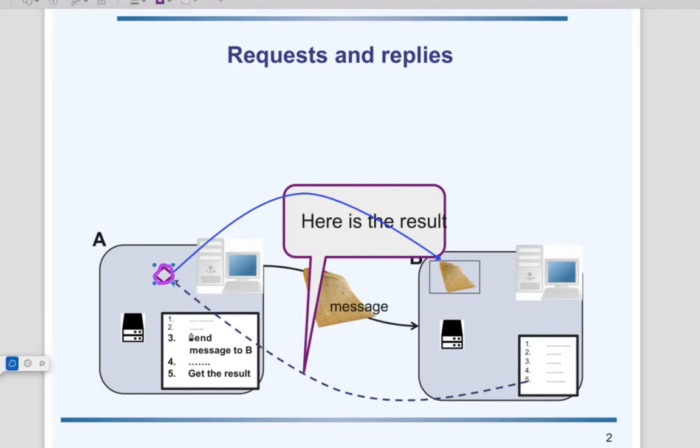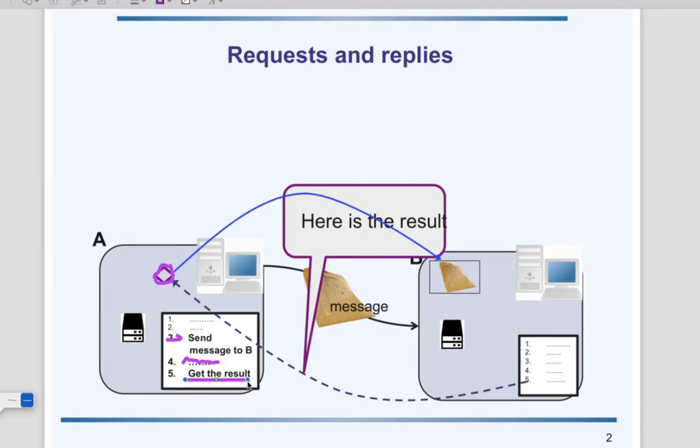And you can see from the side of A that A can send a message, he can do other things while keeping a reference to the future result. And at some point in time, he can get the result, that is, access this future. So that's it. A future is a promise of a result that will be computed. So that's in a message-oriented setting.